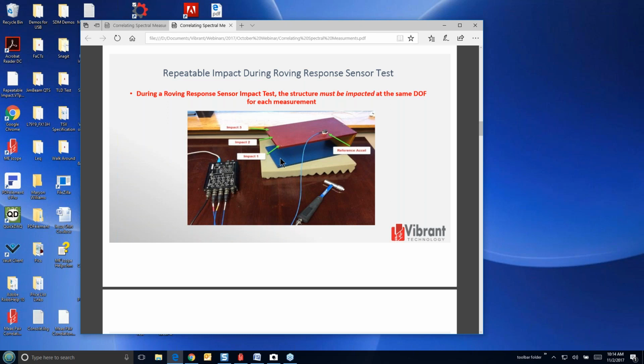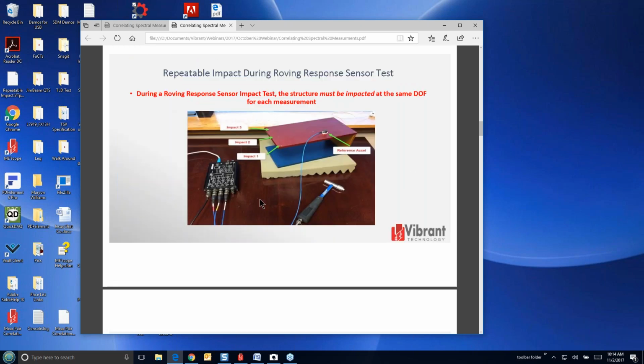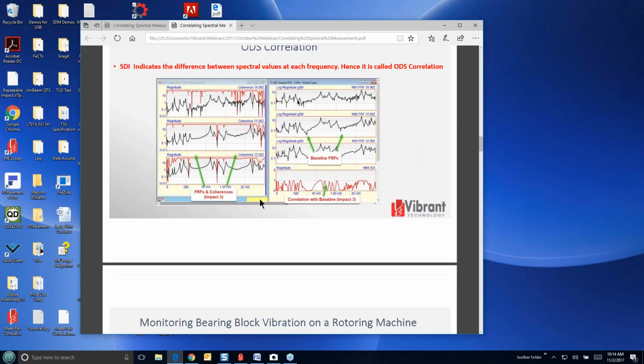And if you're going to do that, then you have to ensure that you're always impacting at the same point, because you want to excite the structure at the same point in the same direction each time you make a measurement. This is a typical setup: triaxial response, 4-channel analyzer here, and so that is what we're going to do here. So let's go ahead and do this measurement.